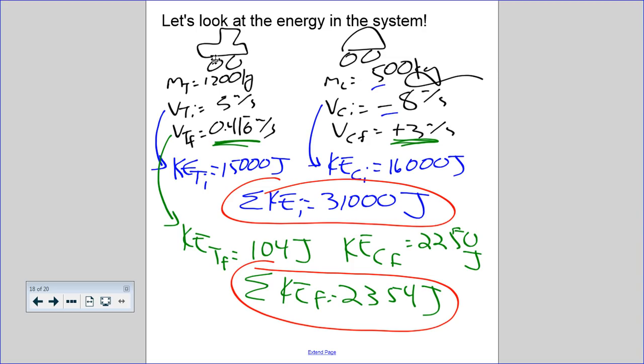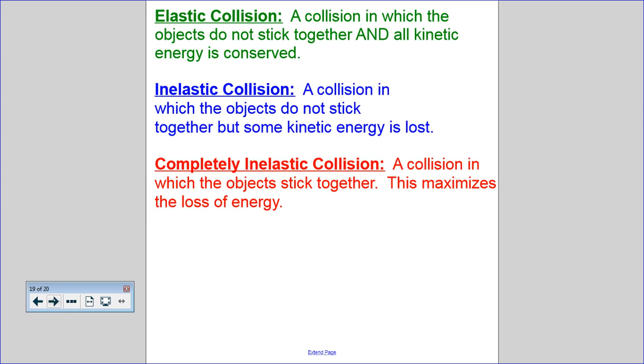Which brings us to this. There are 3 different types of collisions. The one we just looked at is what's called an inelastic collision. This is a collision in which the objects don't stick together, but some kinetic energy is